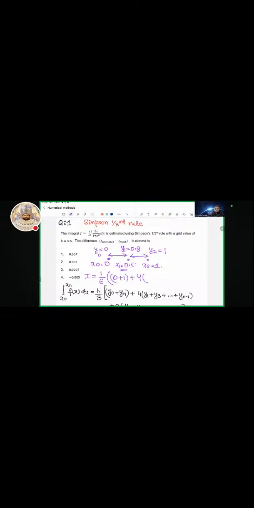Then I have to write 4 times all the odd terms. How many odd terms do I have? Only 1, only y1 is there. There is no other odd term. So 4 times 0.8. And then I have to write 2 into all the even terms. Do I have any even term? No. So this goes to 0. So if you solve this out, you get